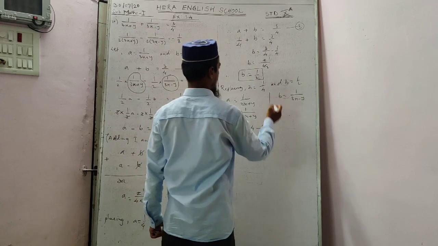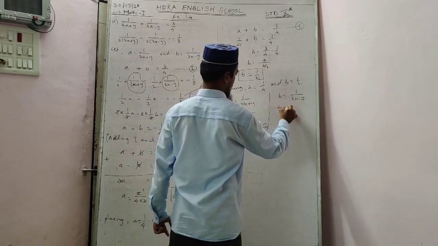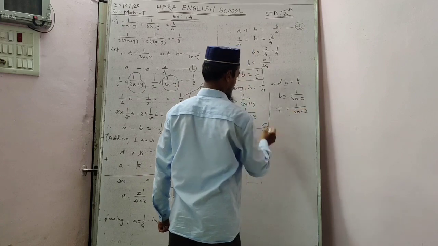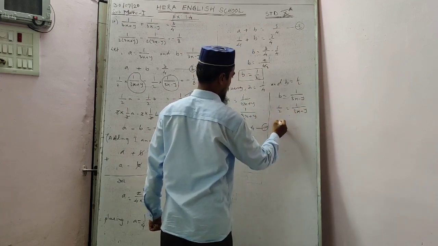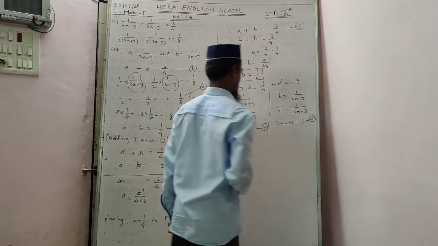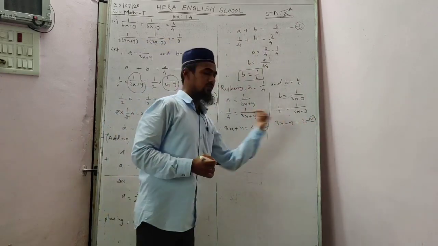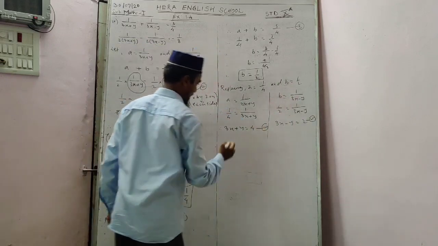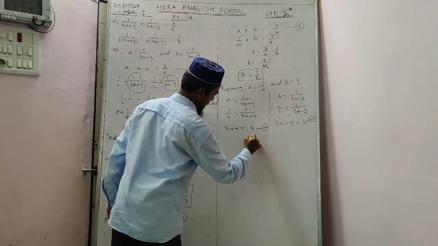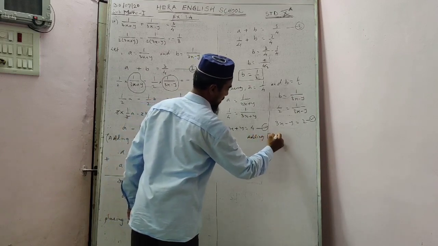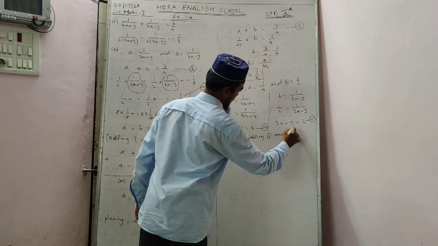Here keeping the value of b, we got 1 by 2 equal to 1 upon 3x minus y. Here also we have the cross multiplication, we will get equation 3x minus y equal to 2, the fifth one. Now see, plus y minus y easily cancel, so we will add both the 4th and 5th. We will write here, adding the 4th equation and 5th one.